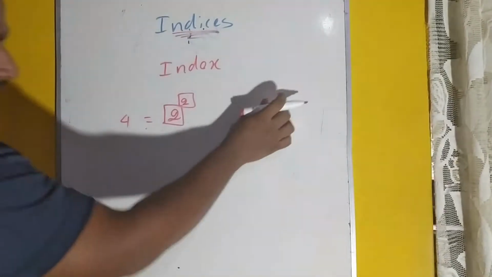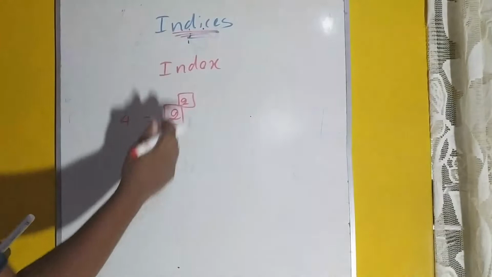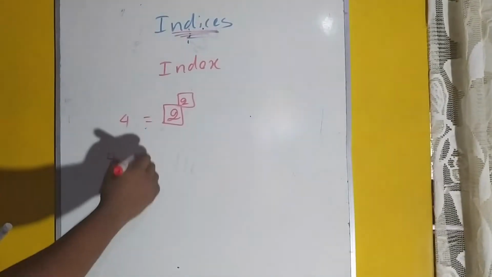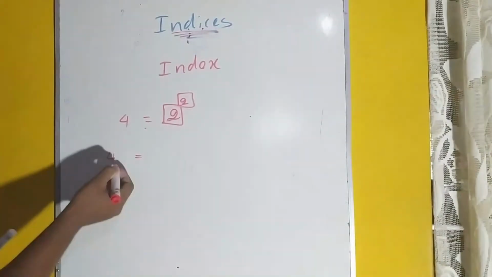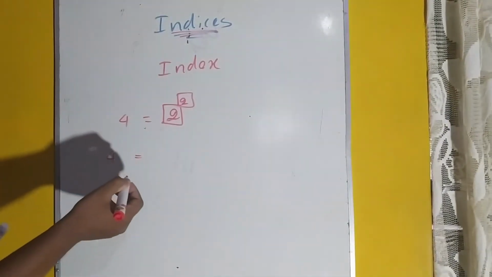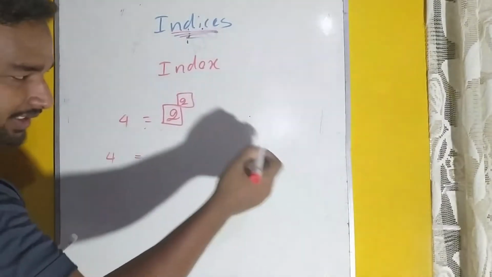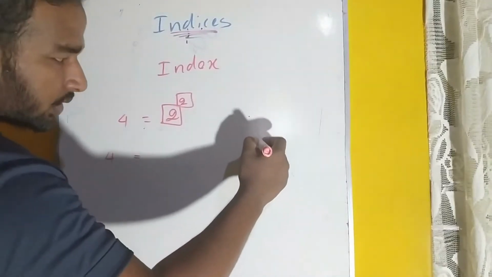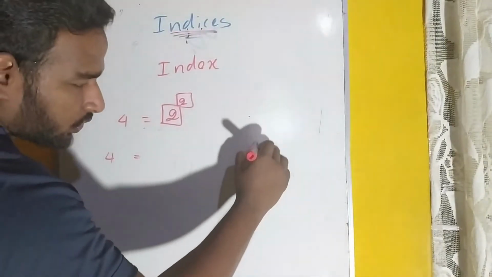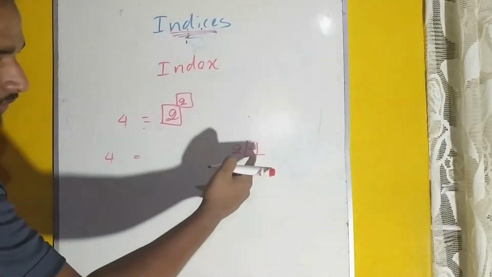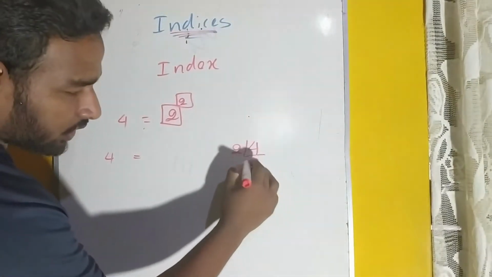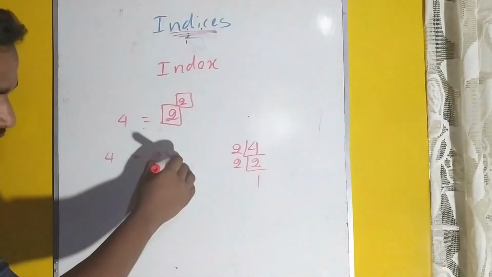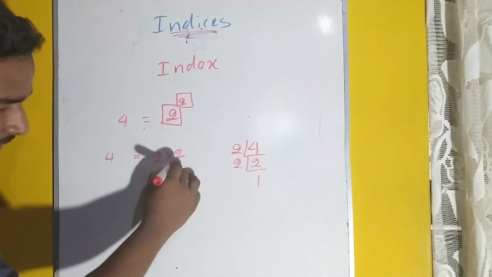So just I am taking an example of how to convert a number to index form. Let's take 4. First of all you should give this number in multiples of prime numbers. You have studied this in grade 6. How to convert this number in multiples of prime numbers? You should divide by prime numbers. So 4, if I divide by 2, the answer is 2. Again you should divide by 2, so the answer is 1. So 4, how can you write? 2 into 2, so that means 2 to the power 2.